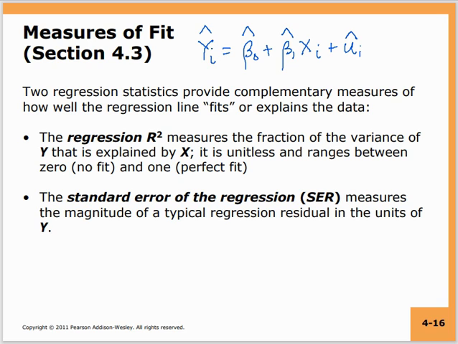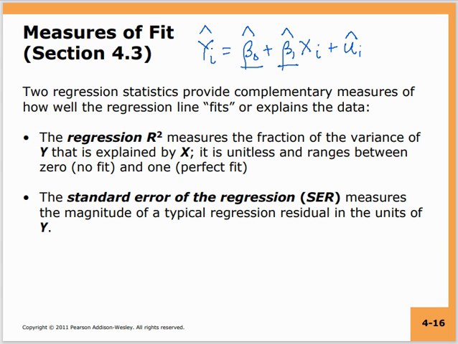Now these hats indicate that before you built the model, you specified the population regression model as yi equals beta 0 plus beta 1 xi plus ui. In that regression model, beta 0 and beta 1 were the unknowns. But once you have a sample and you build the model, you estimate values of beta 0 hat and beta 1 hat from your given sample, and you have a given regression line which looks like this.